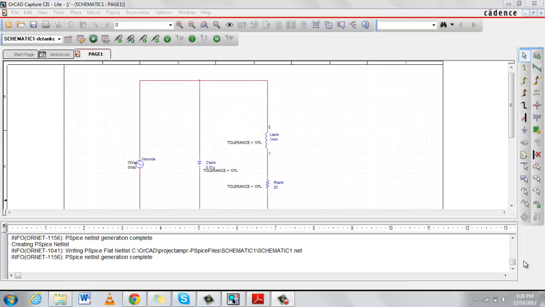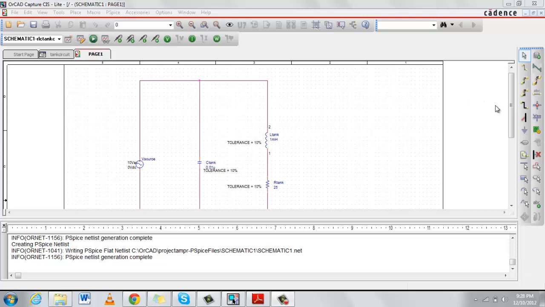Instead, in worst case analysis, there are two types of runs. First one is the sensitivity analysis, and the second one is a final worst case run. In the sensitivity analysis, the model parameters of each of the components are varied, and it can be run in either DC, AC, or transient analysis. By collecting all the data from the sensitivity analysis, the final worst case run is done, with each component set to its full tolerance to produce the greatest output or the greatest deviation from the nominal signal.